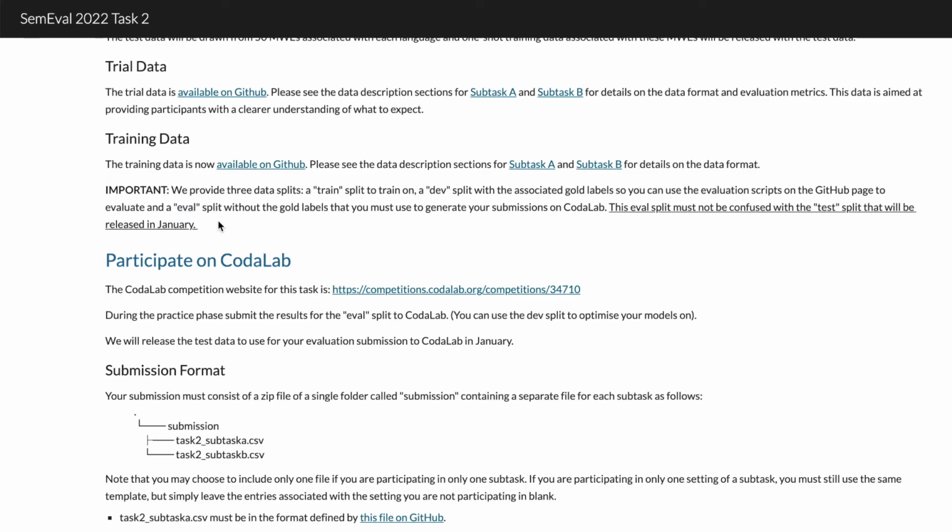Please remember that you will be provided with yet another split, the test split, in January, which is what we will use to evaluate, and that will be used in the